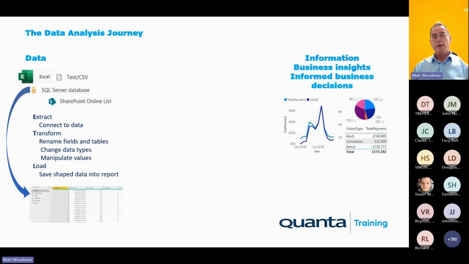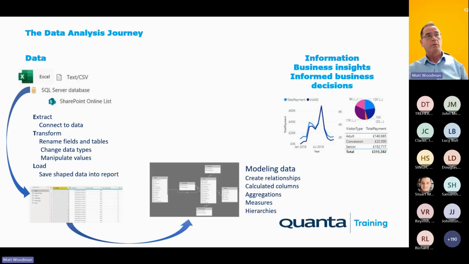That gives us what's called a data model. So we have a data model. It's quite common for data models to contain multiple tables of data. Definitely if you're connecting to a relational database like Oracle or SQL Server, that sort of thing. Frequently enough,